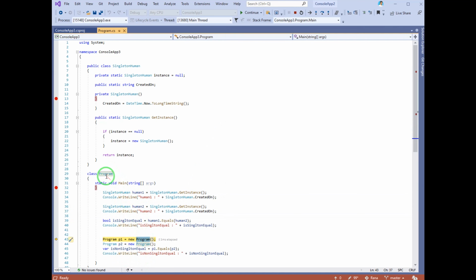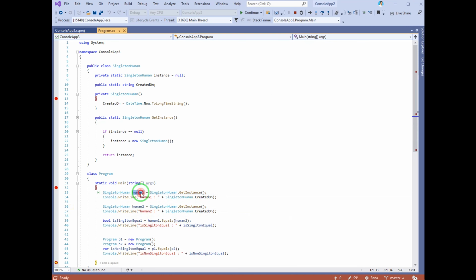But in the same way, if we create instances of this class Program and store them in p1 and p2 and compare them, let's see if they are equal or not, because these are non-singleton classes. So if you see here, this is not equal. P1 and p2 are not equal, but human1 and human2 are equal.